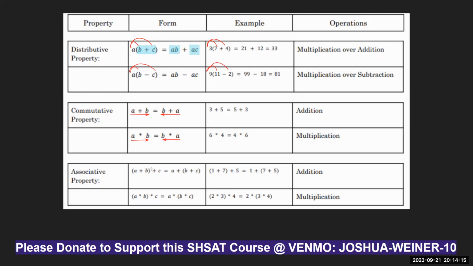So for example, 3 plus 5 is the same as 5 plus 3. If I walk 3 blocks to the stoplight and 5 more blocks to school, that's the same as 5 blocks back to that stoplight and then 3 blocks home. Okay, and 6 times 4 is the same amount of area as 4 by 6.